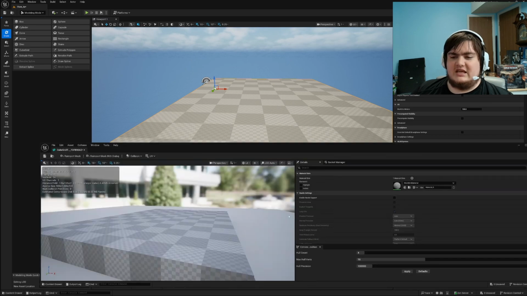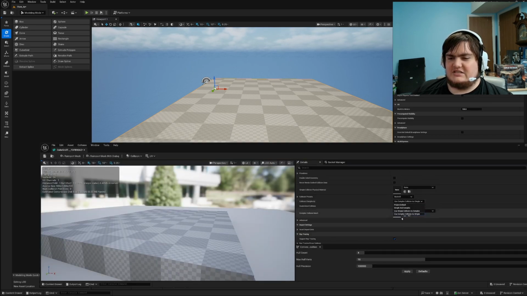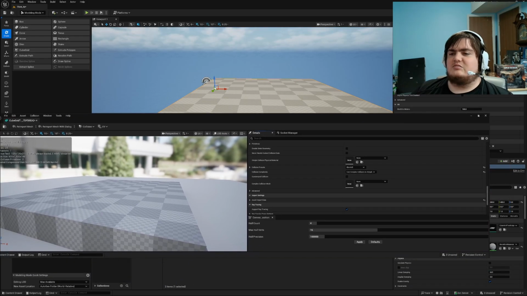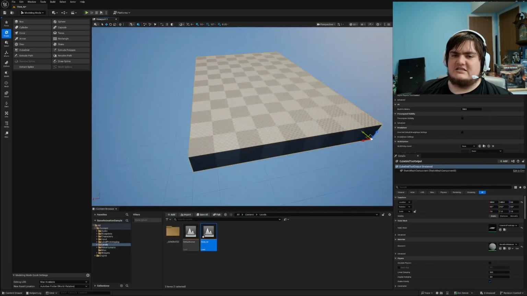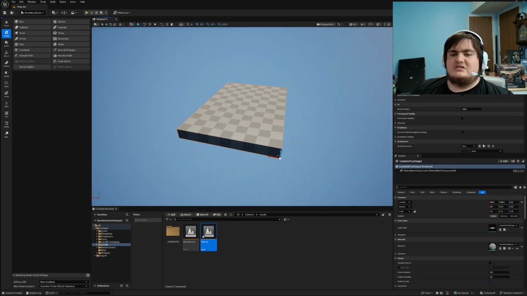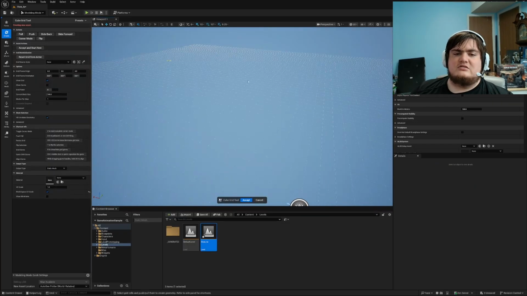right here, and you can scroll on down to the collision here and change it to complex as simple. Don't do this for most of your meshes in the actual project for the finished variant because it is rather taxing. So yeah, with that, how you use this cube grid tool is you can click into it, you can